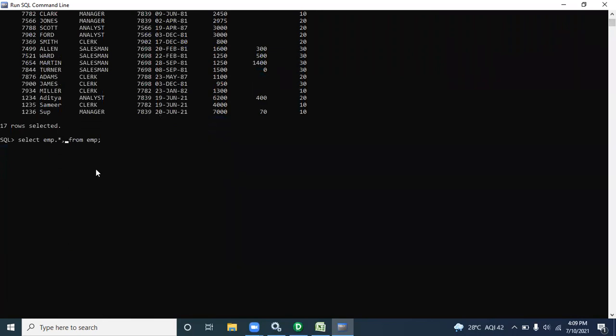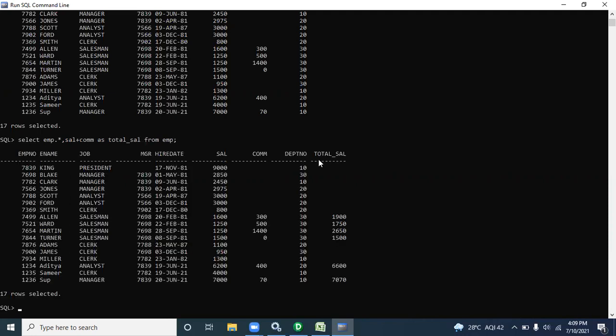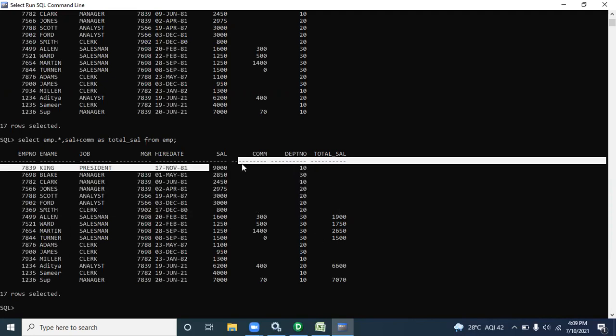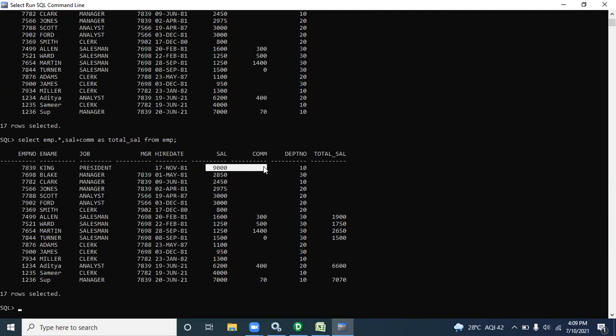So select star from EMP, comma, I'm putting sal plus commission as total sal. I'm generating one column. But you can see in total sal, what is the problem? 9,000 plus commission is null. Null means nothing, that is, you don't know the exact value of null.